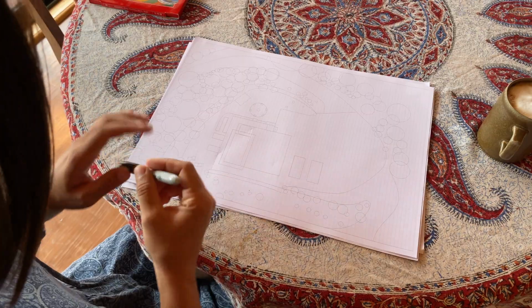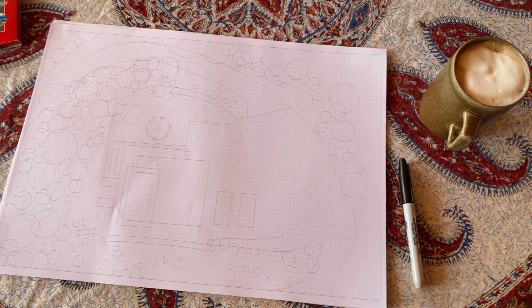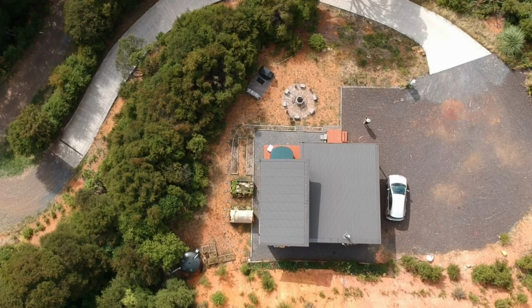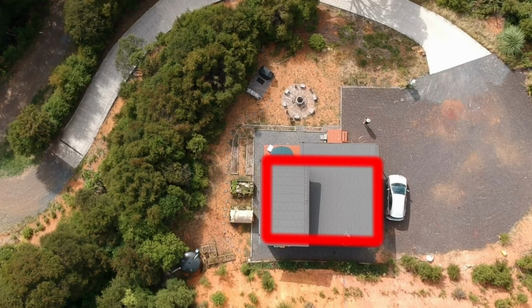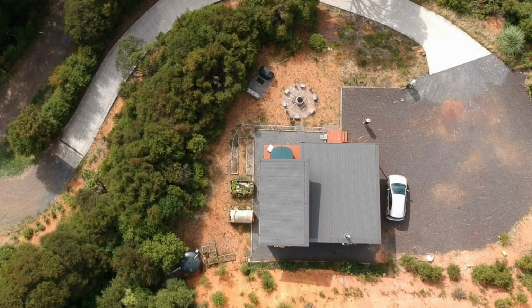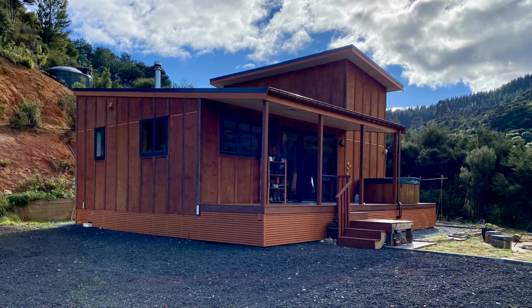So I've created a line drawing based on a drone shot I took from above the house. I start with the existing structures and the things that we cannot or don't want to change first. So this is the house here, a single story part, a two-story part. And this is the deck in front of the house. And this is the line of the